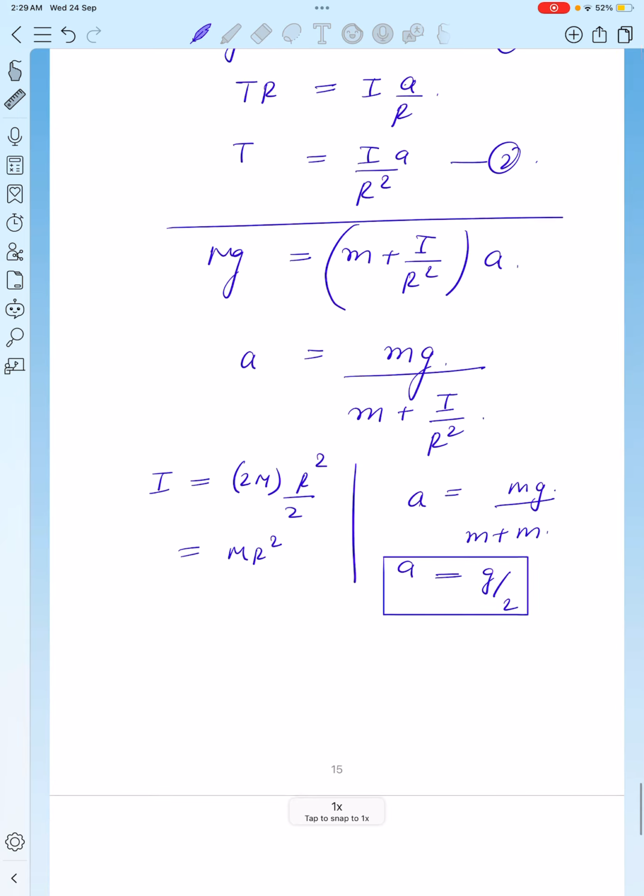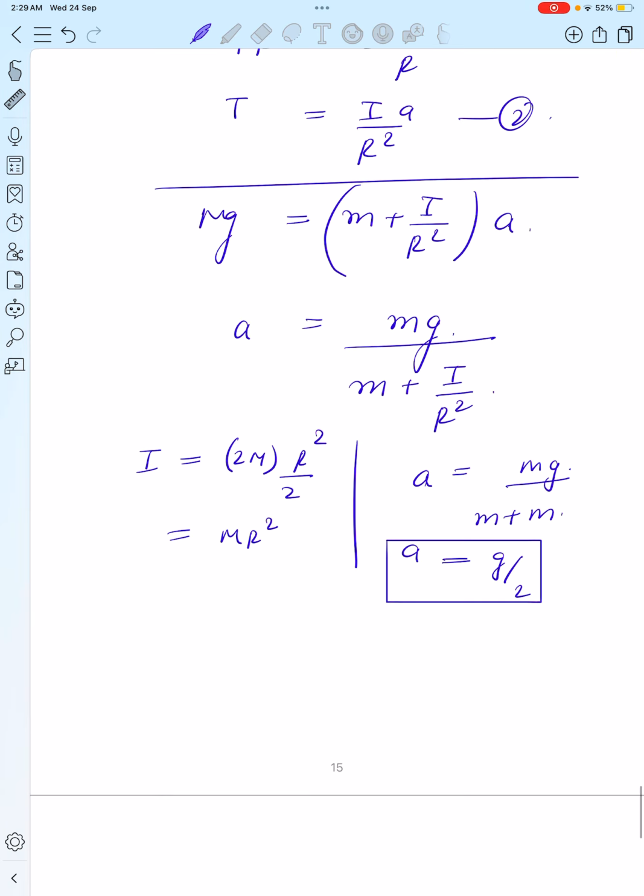So tension would become, so tension equals inertia by r square times a. So inertia by r square was m, acceleration is g by 2, so mg by